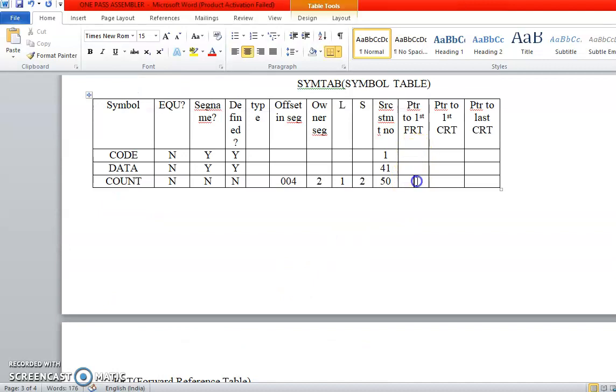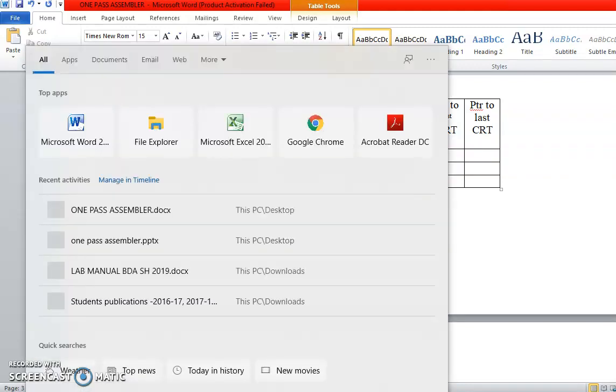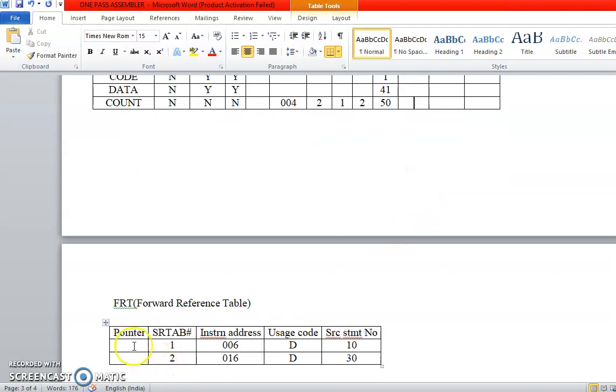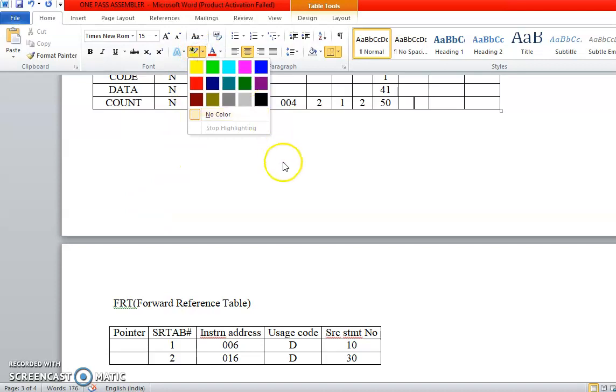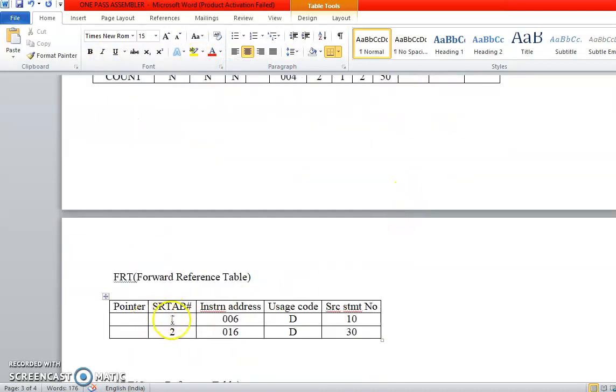This entry for count will be pointing to this location. Now, what is the forward reference table?